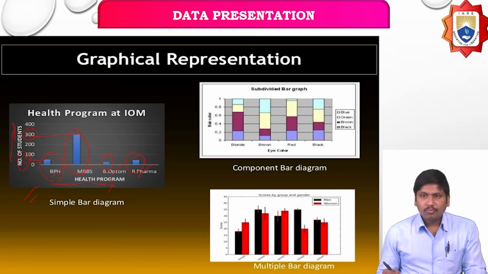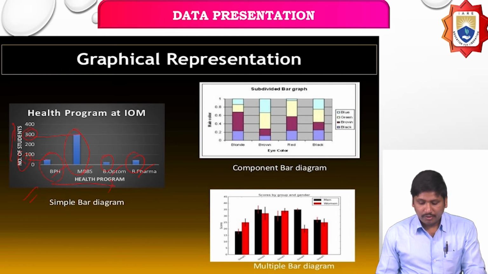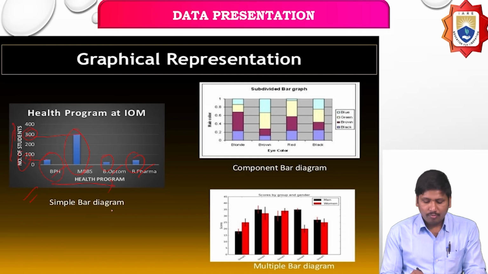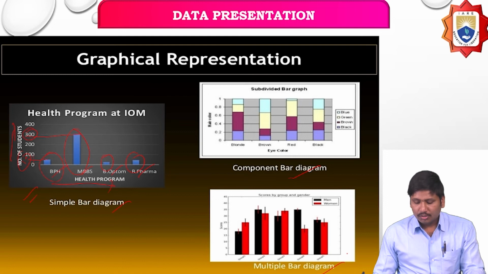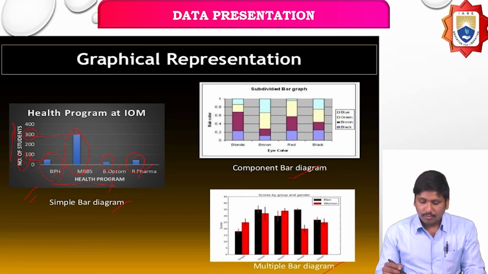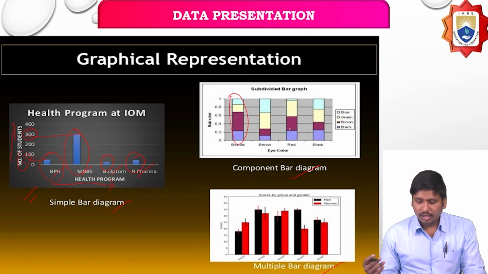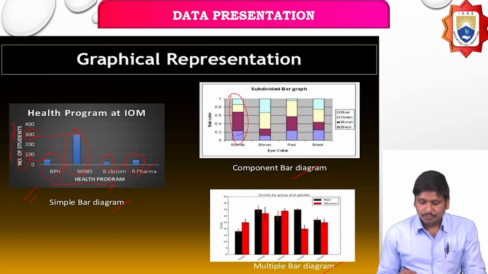So same thing, this bar diagram can also be represented in different ways, like simple bar diagram, component bar diagram, and multiple bar diagram. Component bar diagram means the bar itself is divided into subparts, and each part represents a different value. Suppose I take this one: blue is going to represent something, this color is black, this should be brown, and this should be green, and then